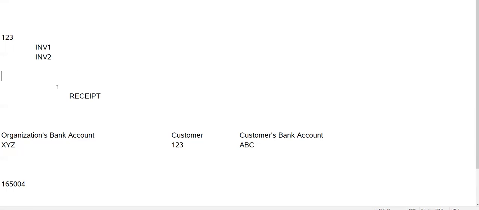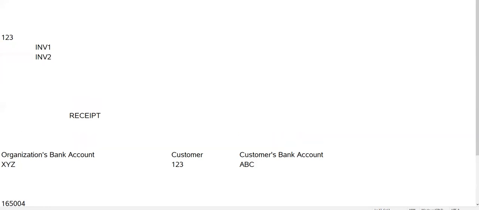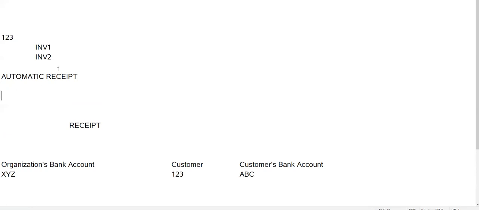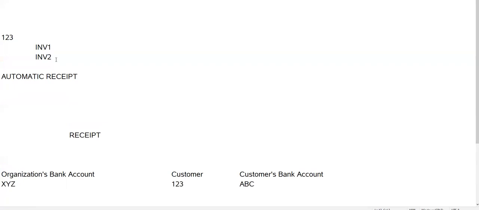In those cases, since the customer is not going to send a check or any payment instrument, we need to create the receipt on our own. That means the organization needs to create the receipt, so we use the automatic receipt. When we use the automatic receipt, depending on the configuration, the system will create a payment or receipt for the due invoices in our system.